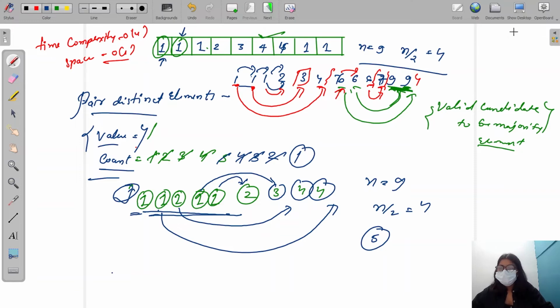So let's write some code for this. One thing that we have to keep in mind is that whenever my count reaches 0, I have to initialize my value to some new element. Because here when I've assigned all the 3s to this 2, 3 and 4, my count became equal to 0. In this array my count became equal to 0, and then I again check for this 6 now. So now my value becomes equal to my ARR of IDX. Is it going to be my valid candidate for my majority element or not? We are going to do this till I reach the end of my array. Okay, so let's start writing the code for this.